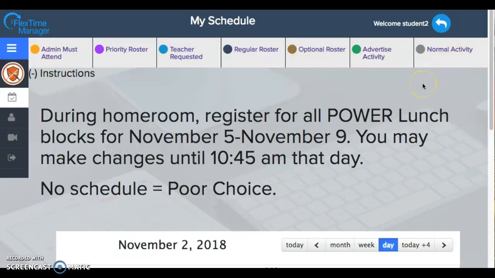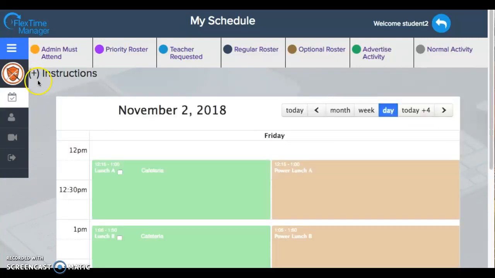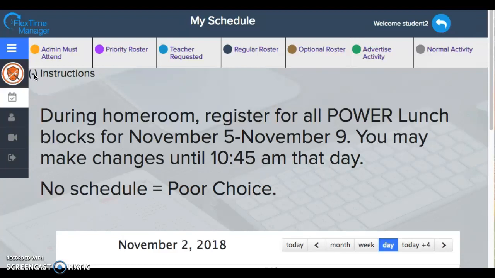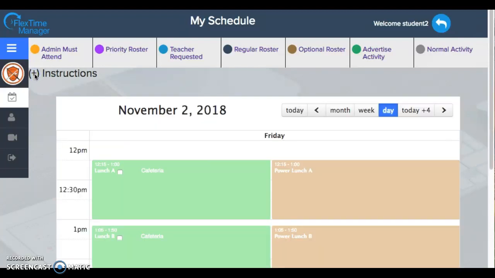Once you are logged into FlexTime Manager, read the instructions given at the top of the screen. You can adjust the view of instructions by clicking the minus in the upper left corner. Once you have closed the instructions, you will not be able to view them again without clicking the plus sign. It is important that you read the instructional memo each week before creating your power schedule, as updates will be